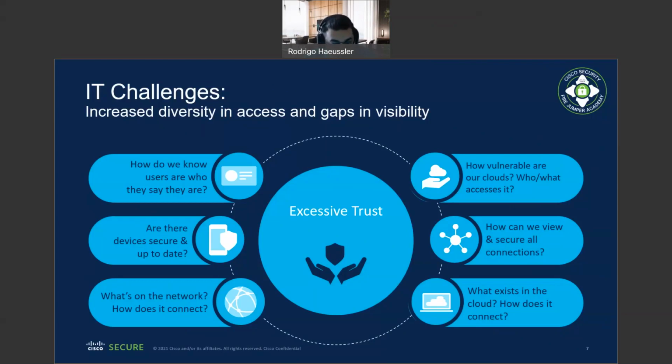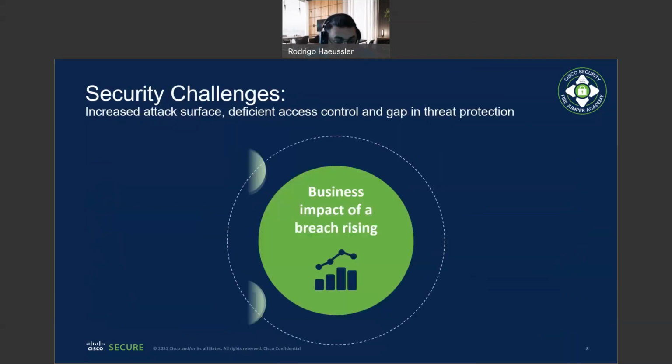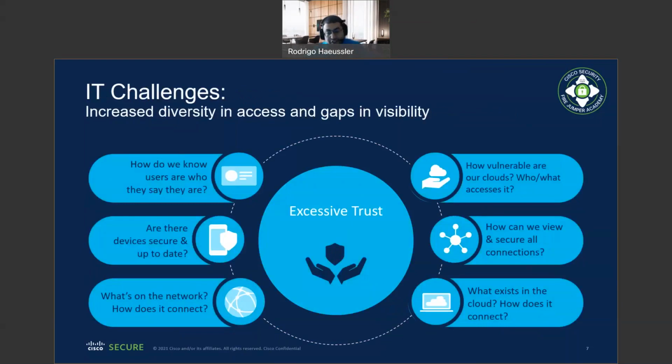How do you check if you have compromised access, or compromised passwords or users directly inside the network? In most cases, if you don't have a tool for doing that, you will have an issue, right? And this is built basically on excessive trust,